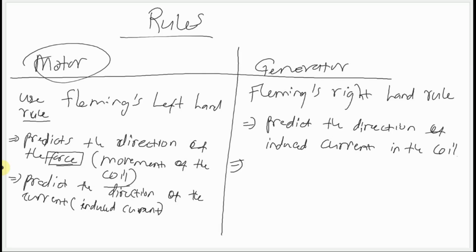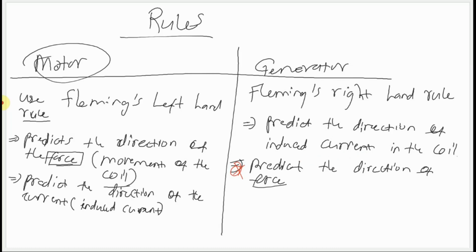But we can also use it to actually predict the direction of the force. But this one doesn't really apply much to the generator, because in a generator we actually produce electricity,